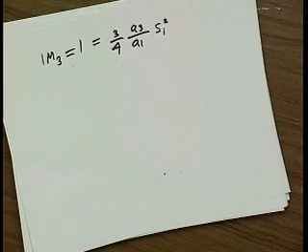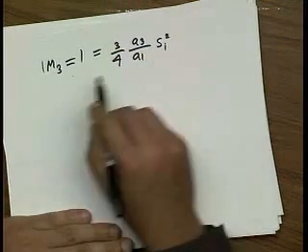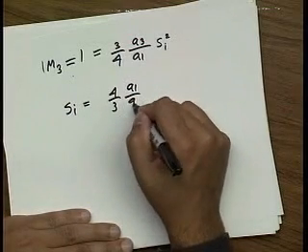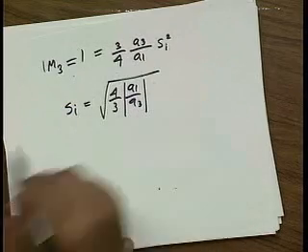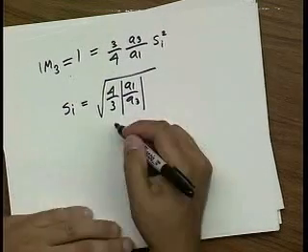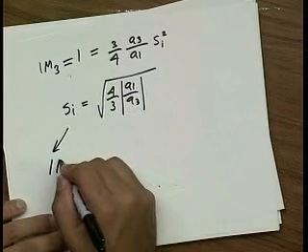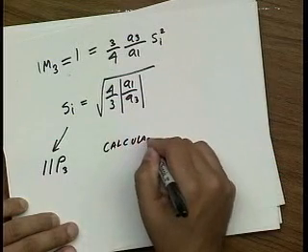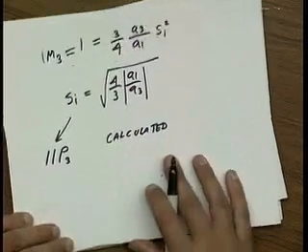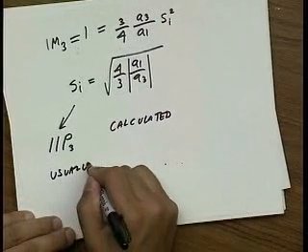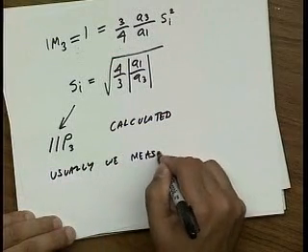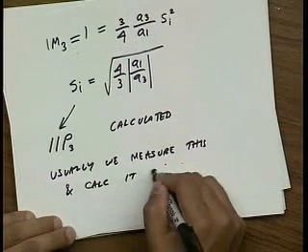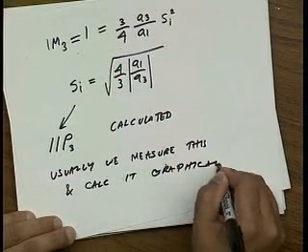Yeah, that's right. Okay. So now let me just solve for S input to get IM3 of 1. That gives me the square root of 4/3 A1 over A3, let's say magnitude. So this is the input IP3 point calculated directly. Usually we measure it. So the usual way of calculating it, and we use the same graphical approach